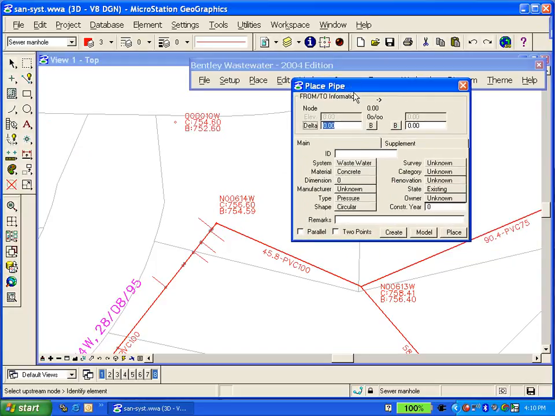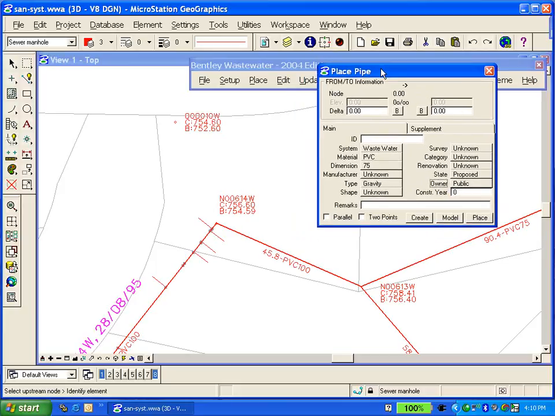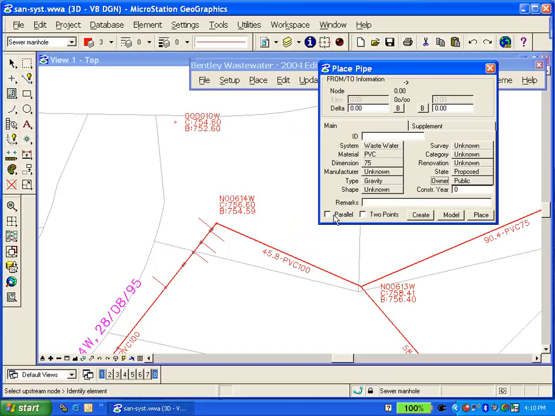When I place the pipe, I can go in and once again I can inherit attributes from an existing pipe. So if I say let's model it after this pipe and capture those attributes, it tells me it's a 75 millimeter PVC pipe, and then there's other information here that I could optionally fill in. So I could say it's going to be a proposed pipe, the owner is going to be public, and so on. I also have some drafting tools here if I want to make it parallel to an existing element, or in my case, if I just want to go ahead and place it, it's going to prompt me first to